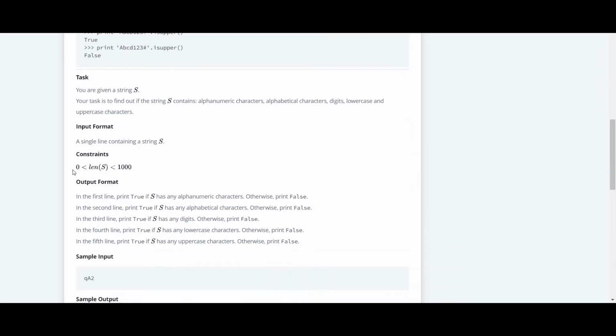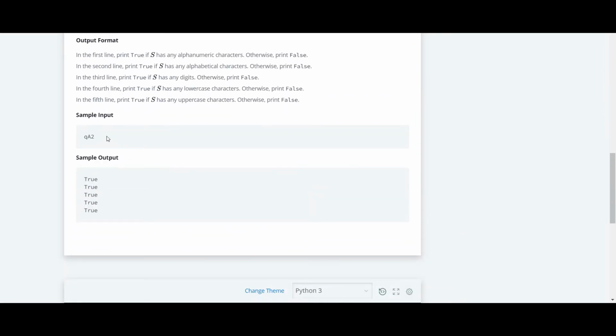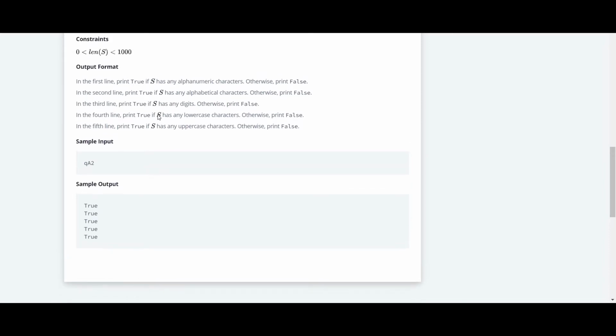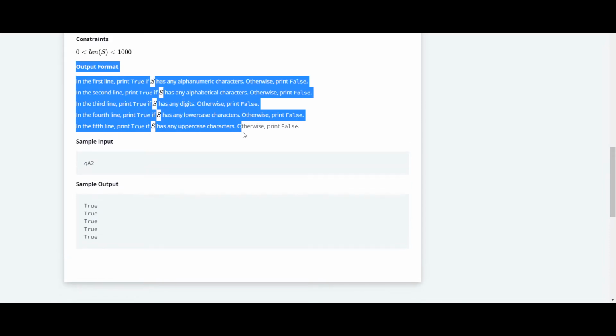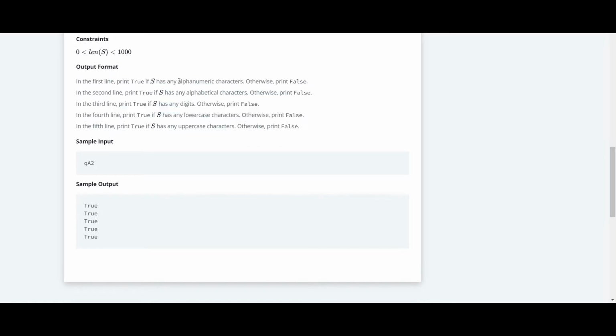lower case. As you can see here in input they have given us qa2 and there is a sample output. The output format is given over here. On the first line we have to check whether s has any alphanumeric character.